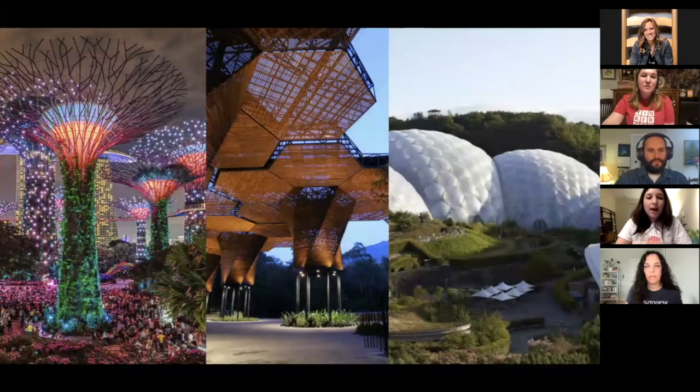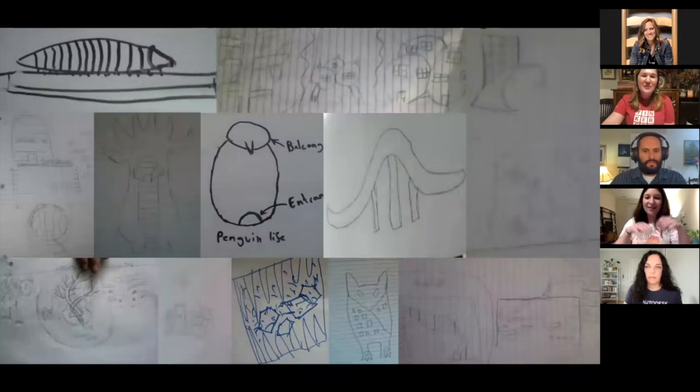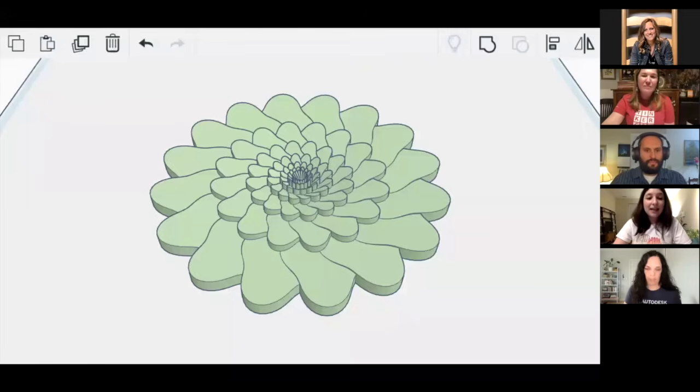So for the biomimicry one, I shifted it a little bit and focused more on architecture. So we look at biomorphic and biomimetic architecture that's out in the real world. And then once again, do sketches. That's always the brainstorming that launches us into our work on Tinkercad. And then the kids,